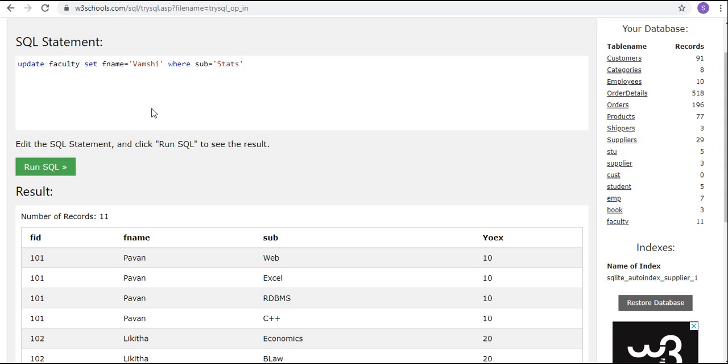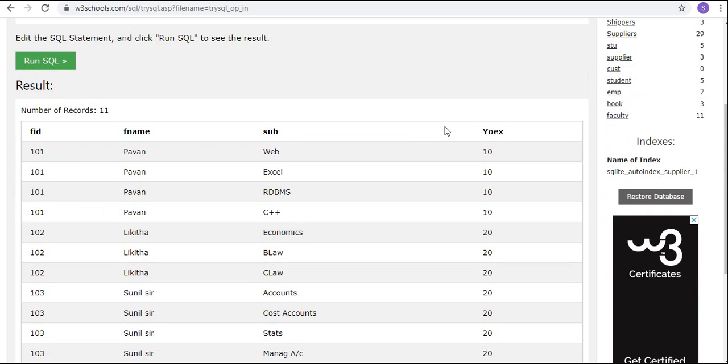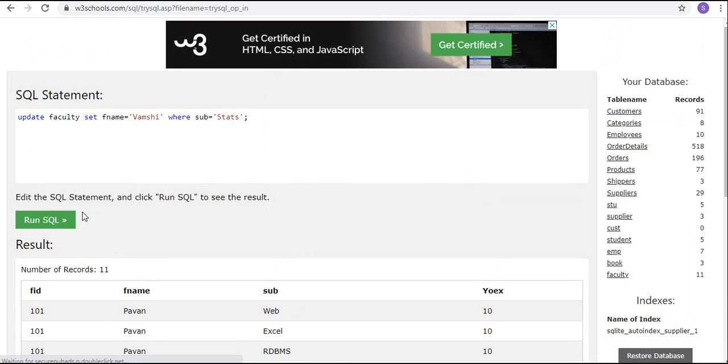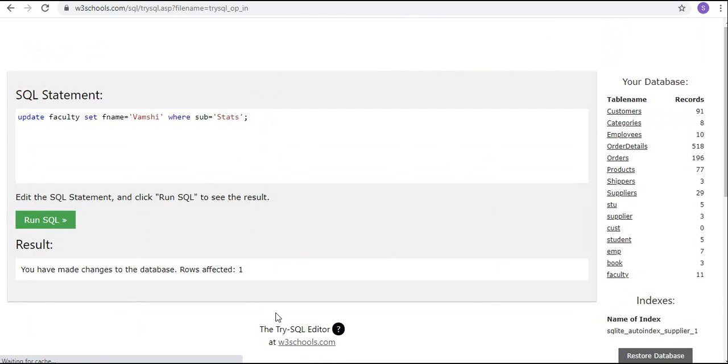Now see how many records will get affected? Only 1. One record.